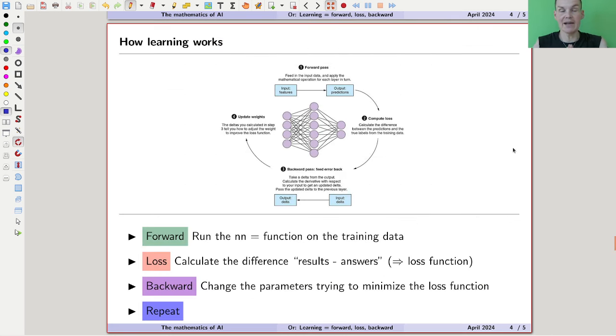Okay, and then let me repeat the mantra: forward, loss, backward, forward, loss, backward, forward, loss, backward, and of course, repeat. So forward, run the neural network. Just evaluate the function. A neural network is just a function. It's just a bunch of matrices. You run it, you get some output. Loss. Calculate the difference between the results and, because I've labeled everything, the answers, it gives me a function, the